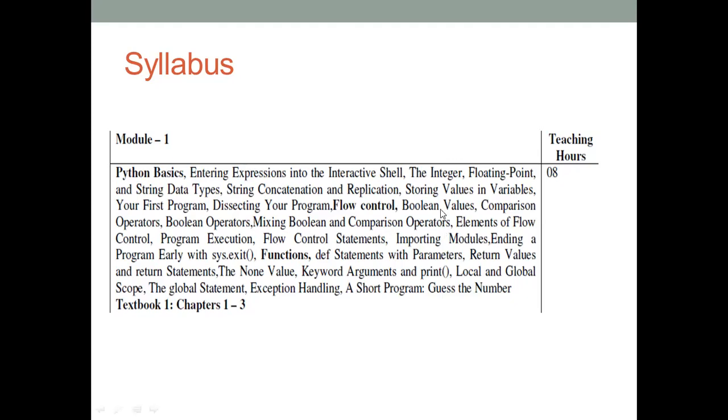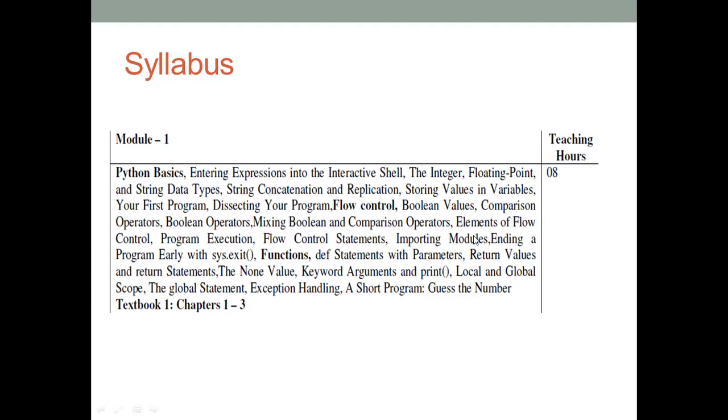That's why we discussed boolean expressions, and then we are using comparison operators or conditional operators, boolean operators, and then mixing of boolean and comparison operators, that we discussed first. And then next, elements of flow control. Okay, so which are the elements: if, else. Here the syntax is totally different from your C, C++ and Java.